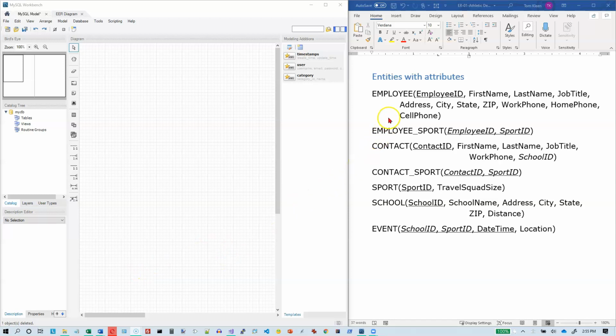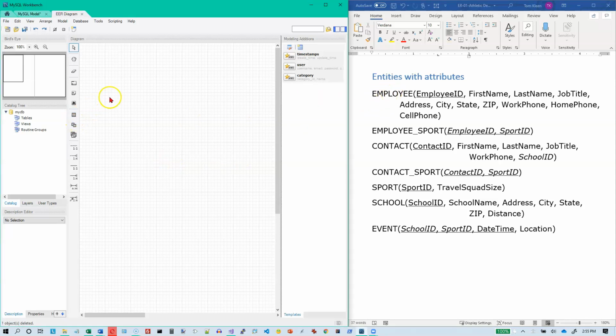We're going to take the entity and attribute list that we created previously, and we are going to try to turn these into an ER diagram. I'm going to see if I can do this with a split screen. It makes my area over here kind of small, but we'll see how it goes. So I need an employee table. So let's go ahead and